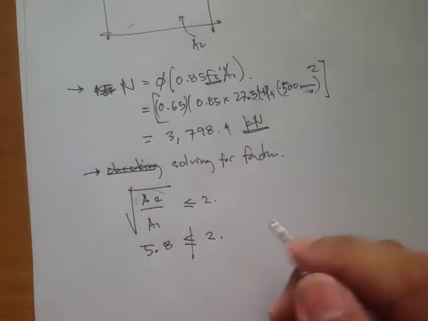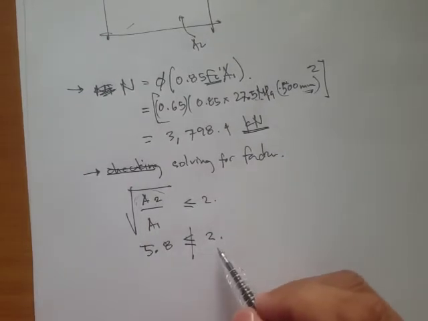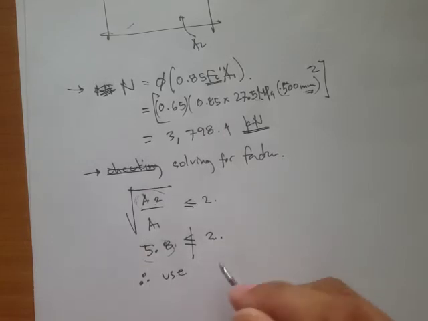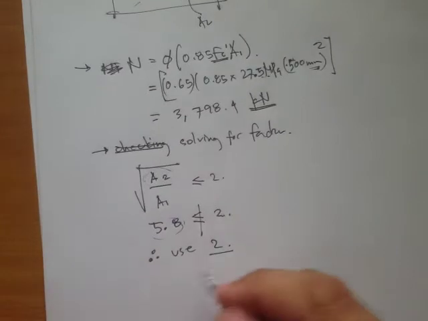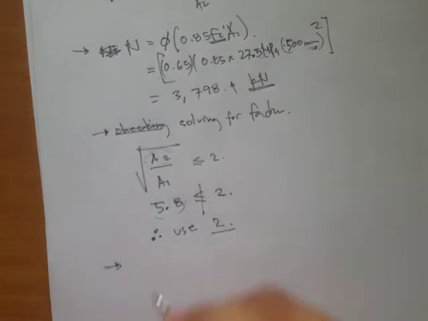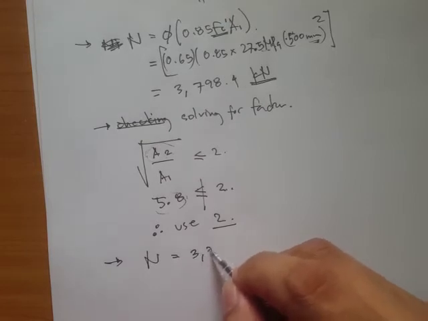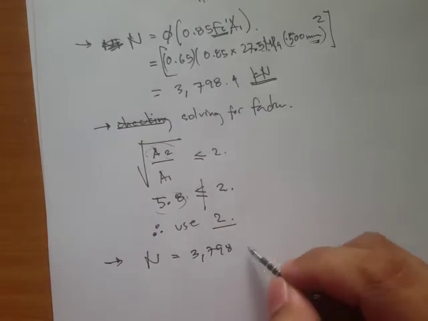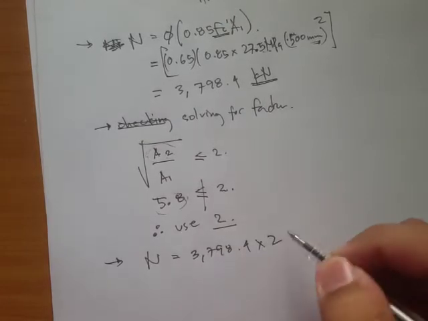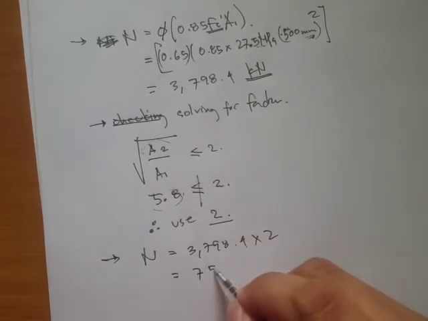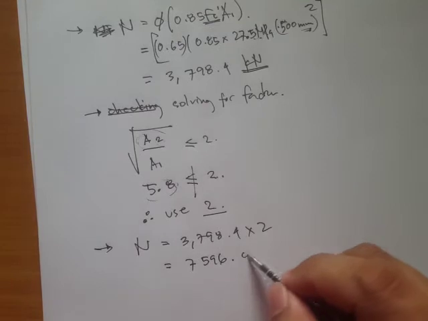Now, since this is greater than 2, therefore use 2. Okay, so now we'll multiply our N, 3798.4 times 2, and we get a capacity of 7596.8